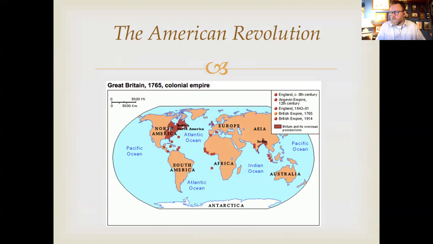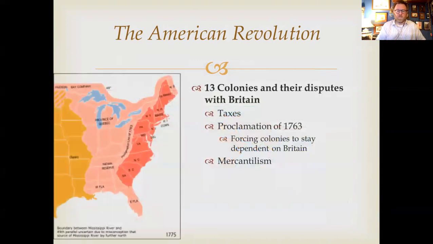You can see all the red there, where the British Empire gained a number of territories and areas around the globe where they were able to influence. Now, this tremendous gain did provide Britain with revenue, but it also was extremely costly, and the war itself was costly, which drove them to do a number of things. One of which was to raise the taxes,